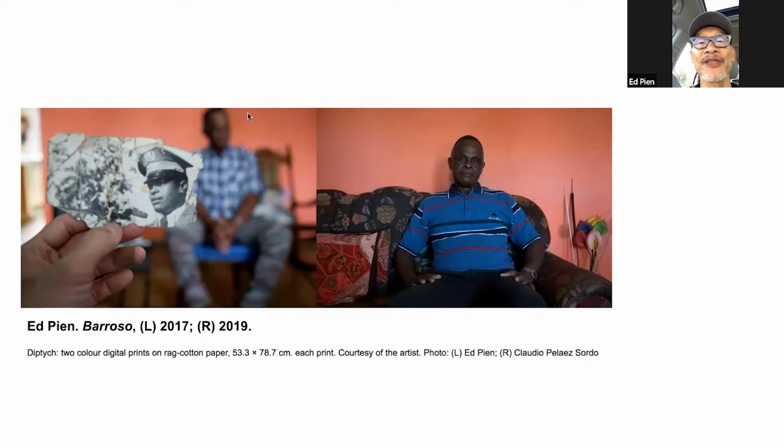And the photograph that Barroso has, you can see, and you use the word love, and it's true because it feels like it's been handled many times. And this fragility also kind of references our memory, how fragile it is. Things come and go, and we start to forget a lot of the details. So that material base of this photograph really speaks volumes compared to a digital photography.